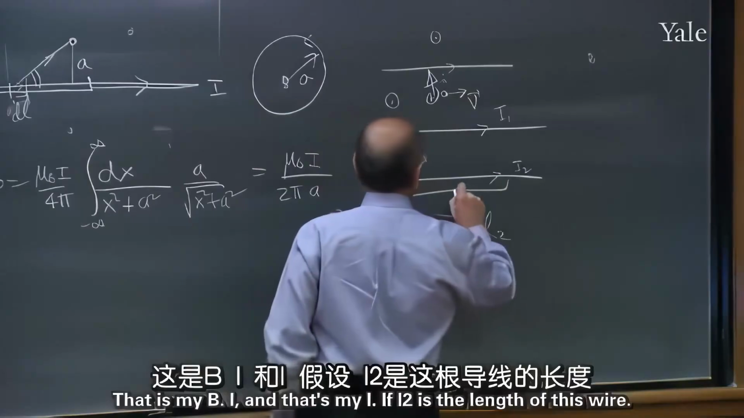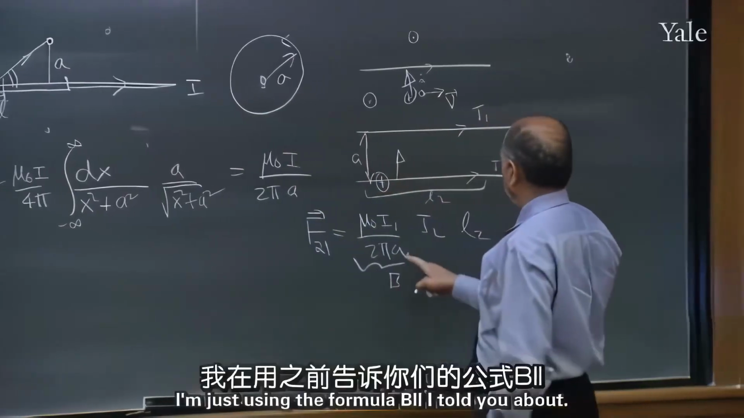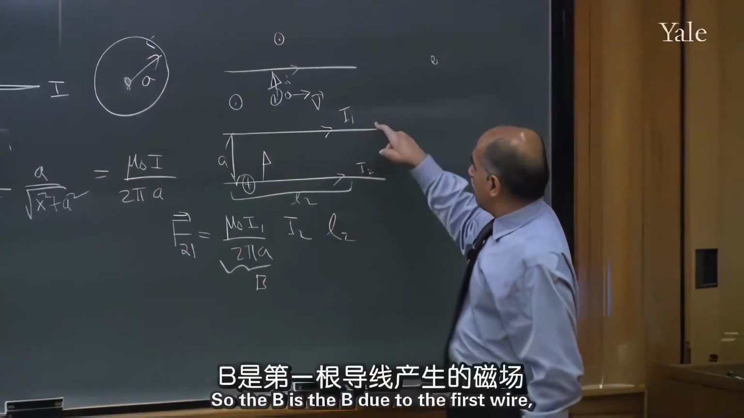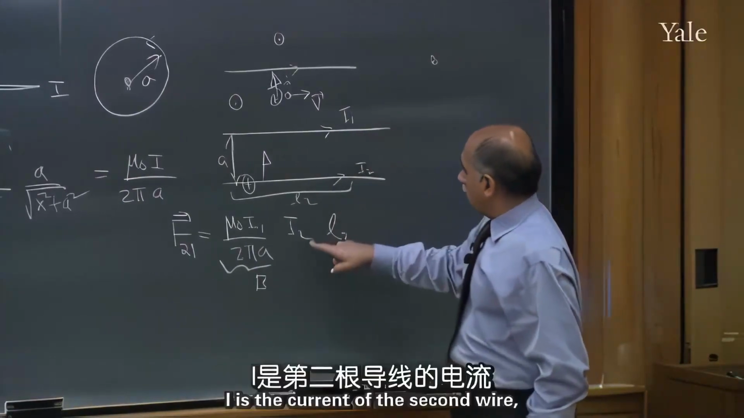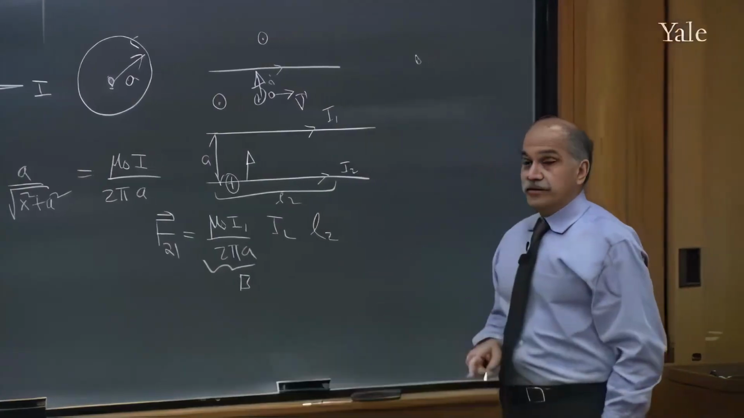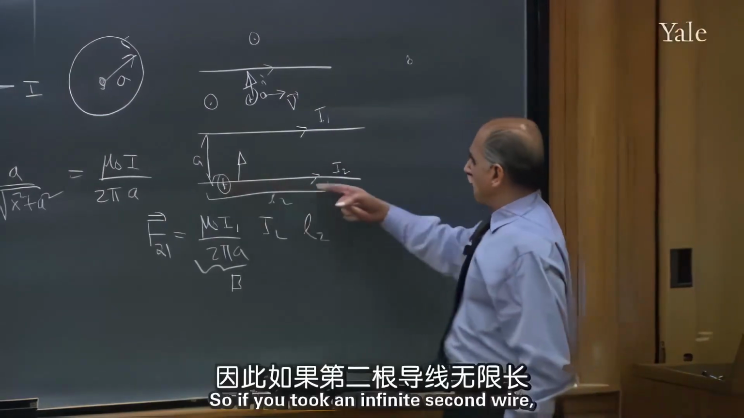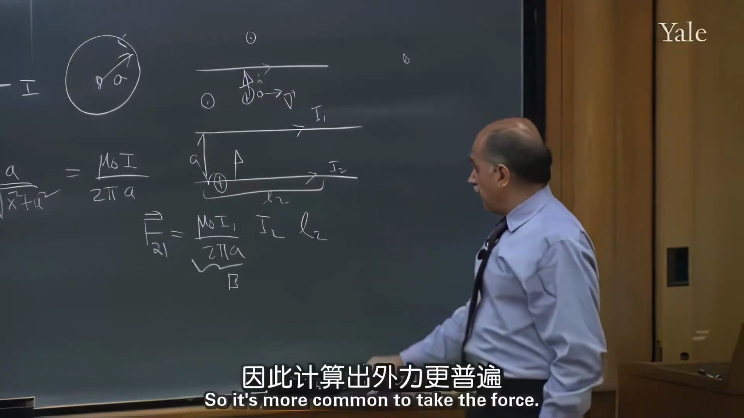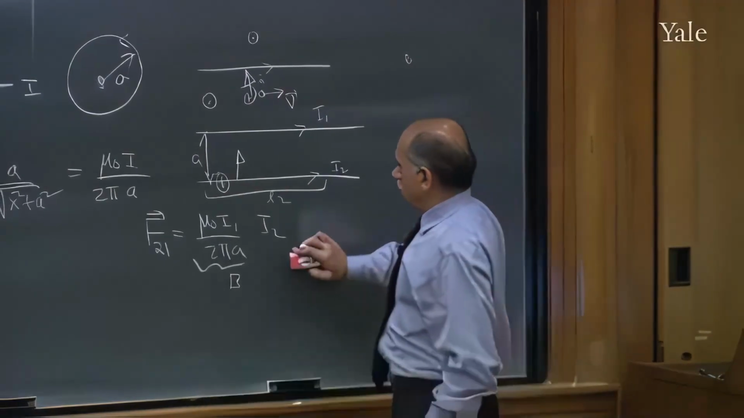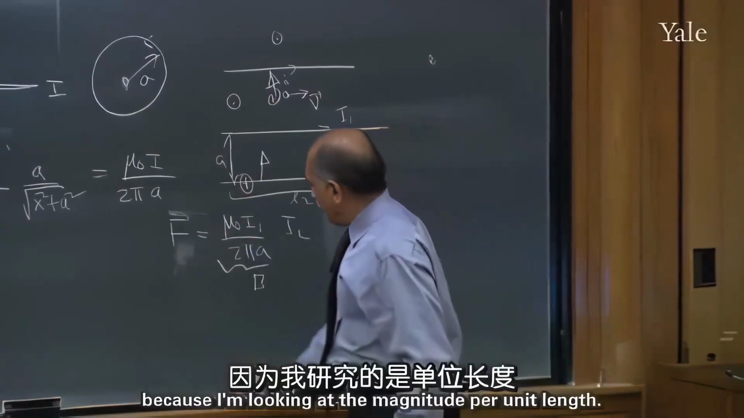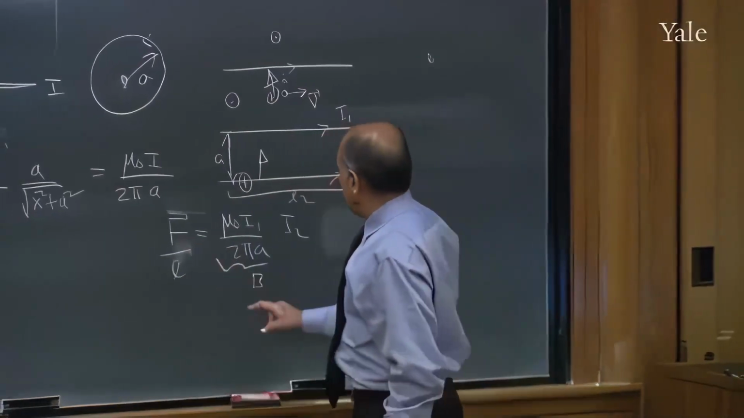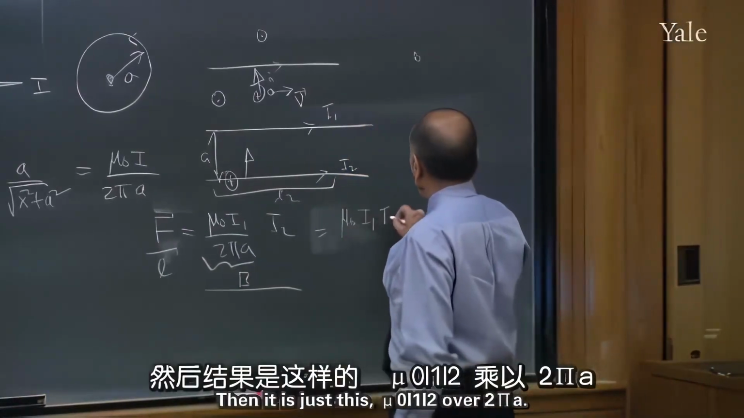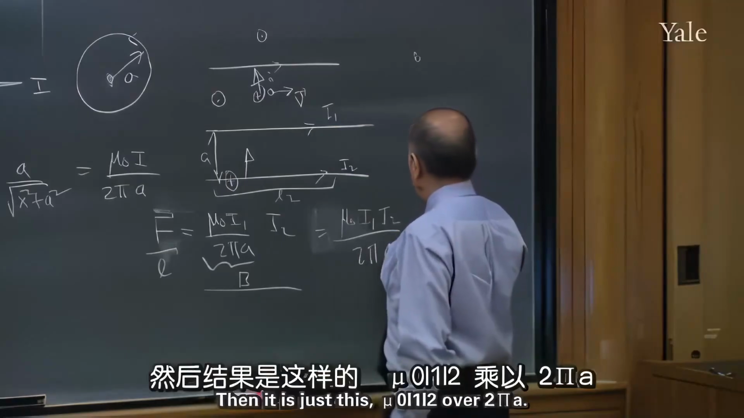If L2 is the length of this wire, I'm just using the formula BIL I told you about. So the B is the B due to the first wire, I is the current of the second wire, L is the length of the second wire. So if you took an infinite second wire, you're going to get nonsense because you get infinity as the force between two infinite wires. So it's more common to take the force, let me drop the arrow on this because I'm looking at the magnitude,